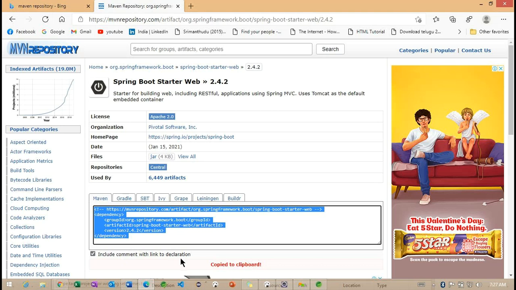So simply, if you specify this particular web starter, internally it is going to download Spring Core as well as Spring Web, Spring WebMVC, and if we require any server-related jars, those are also going to be downloaded, such as Apache Tomcat jars, as well as web page-related jars or dependencies, something called internal resource-related information.